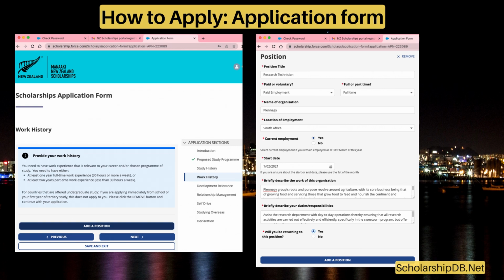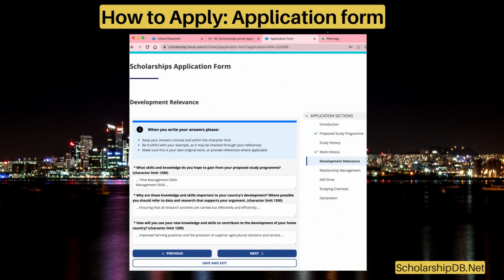Enter your position details such as position title, paid or voluntary work, name of the organization, location, employment status, start date, organization description, responsibilities, and whether you plan to return after your study. You can add another position. Click Next. The next 4 sections: development relevance, relationship management, self-drive and studying overseas are super important parts of your